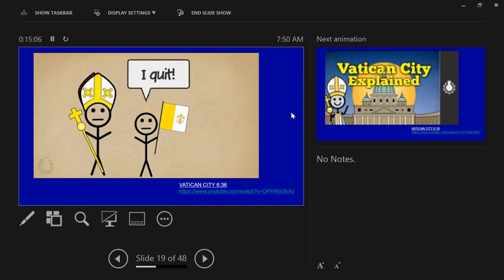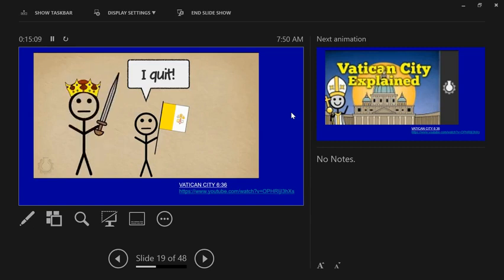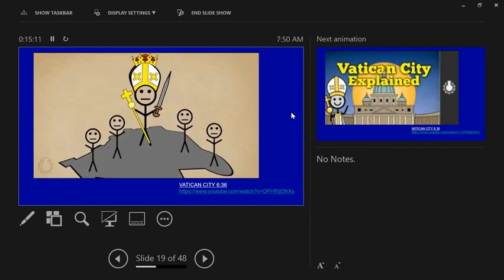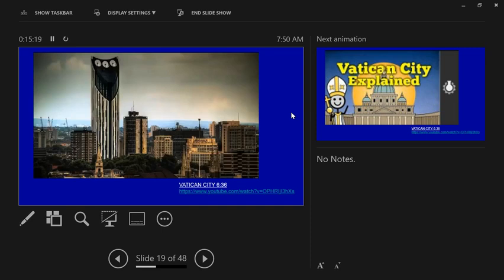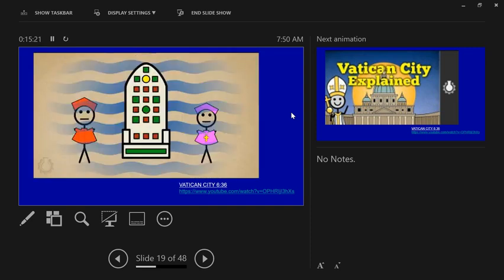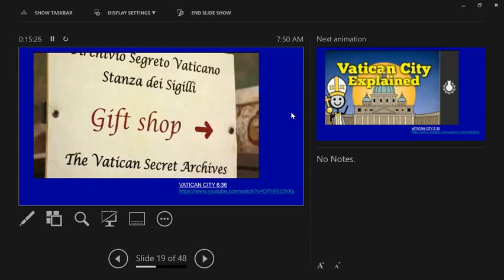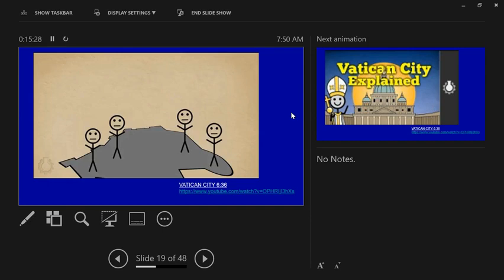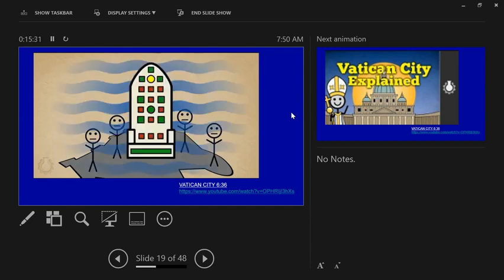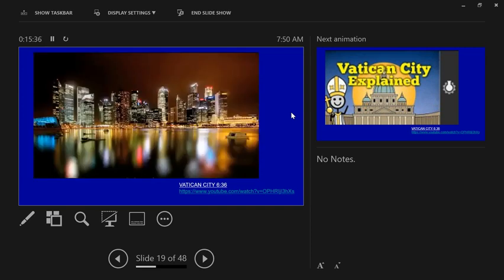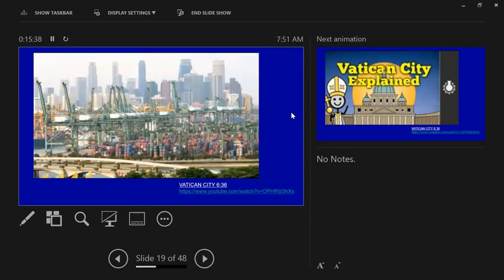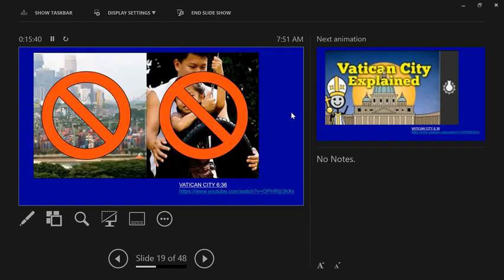If you quit your job for the Pope, the King, who is also the Pope, will revoke your citizenship. These rules mean that Vatican City doesn't have a real permanent population to speak of. There are about 500 full citizens, which is fewer people than live in single skyscrapers in many countries. And all these citizens work for the Holy See as either cardinals or diplomats or the Pope's bodyguards or other Catholic-related jobs. So it's best to think of Vatican City as a kind of sovereign corporate headquarters that grants temporary citizenship to its managers, rather than as a real city-state like Singapore, which has a self-reproducing population of citizens engaged in a variety of economic activities, both of which Vatican City lacks.